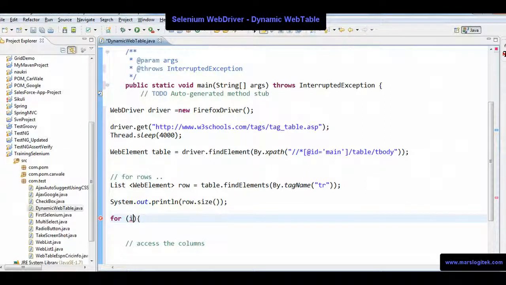Sorry, first I need to go to the rows and then the columns, right? So for int rowNum equals 1, rowNum less than rows dot size, and rowNum plus plus.